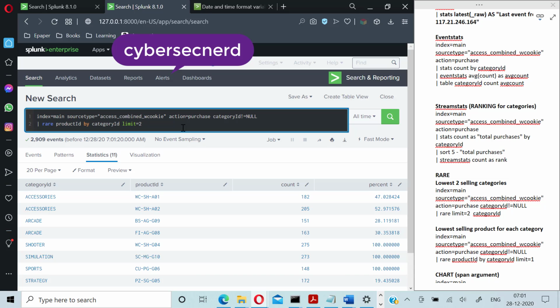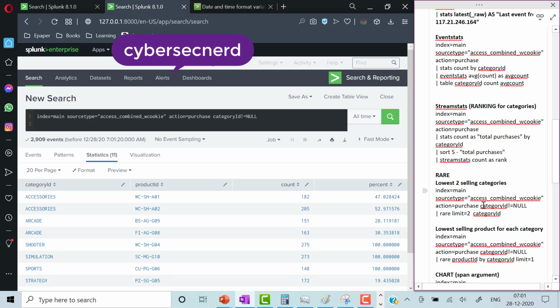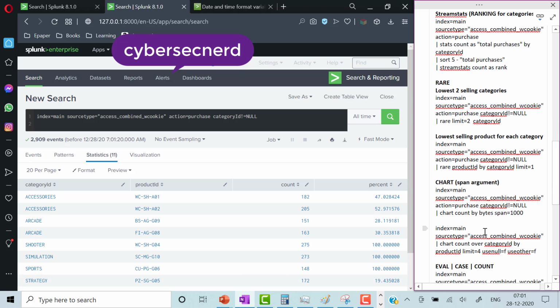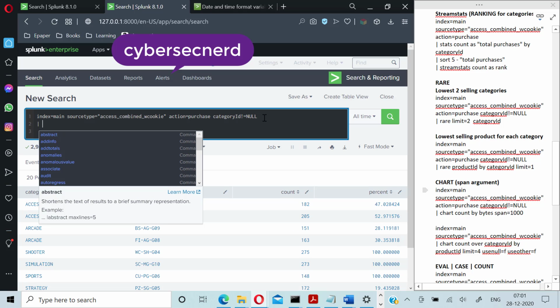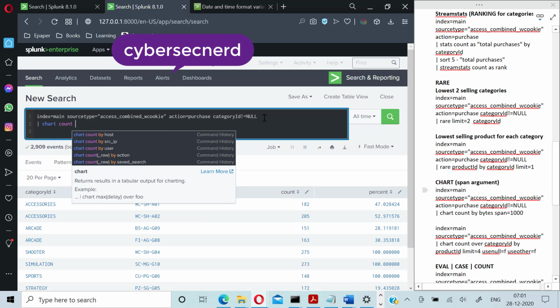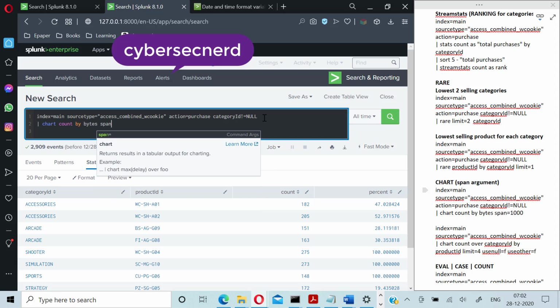Now we will be looking at the chart command. So I think we are okay with this. Chart count by bytes. Sometimes I found the chart command is more useful as a transforming command with respect to the stats command,